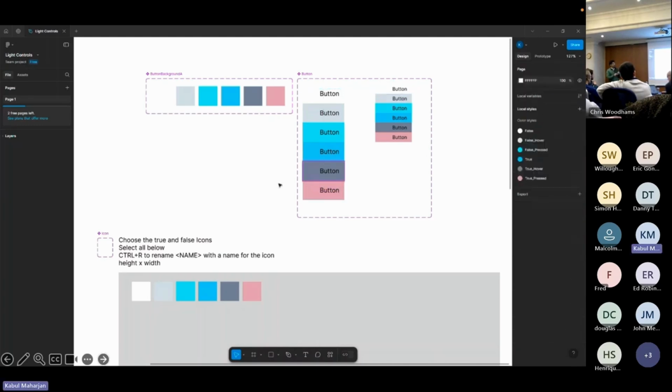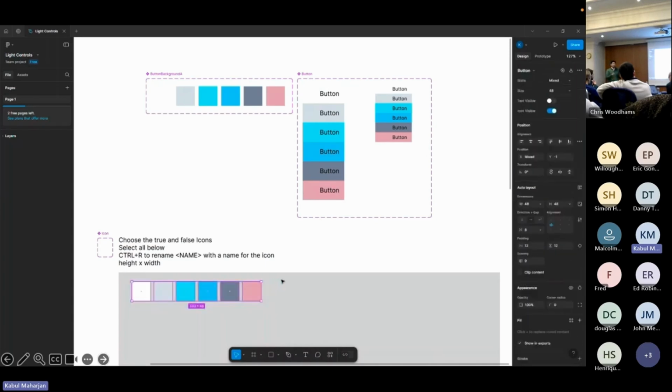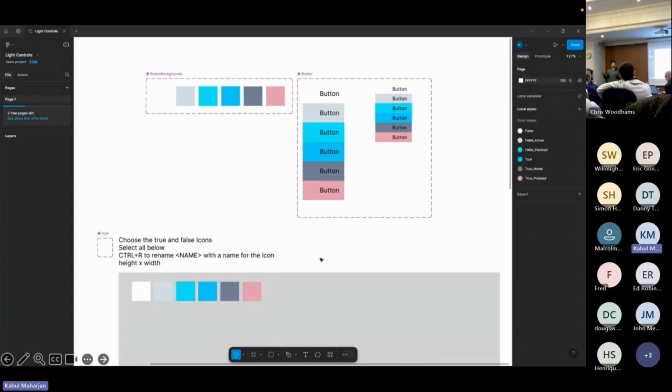Okay, so I've got size, which is 48 pixels wide, and I've got icon that I place in there as well. For this exercise, I've kind of chosen to have 2 icons that go in it. One of them is a true icon, and one of them is a false icon. So I kind of want a little bit of flexibility to play with that. I could make both of them the same if I wanted to. And the only other thing I just mentioned is that one's a smaller button size. And I've also got properties which allow me to make these appear with the text, without the text, choose the size, that kind of thing. So once I've got that as a template, if you like,